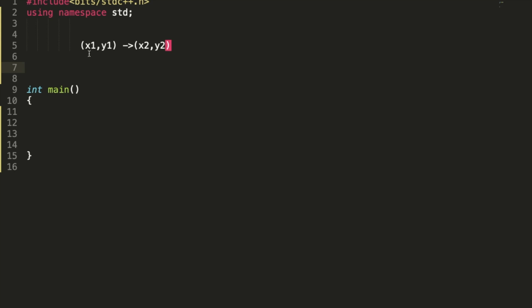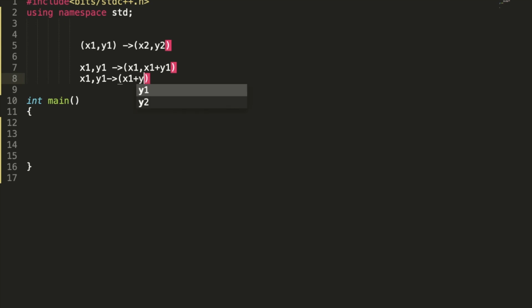And the constraint is, from x1 comma y1 we can go either to x1 comma x1 plus y1, or to x1 plus y1 comma y1. So these are the two possibilities.